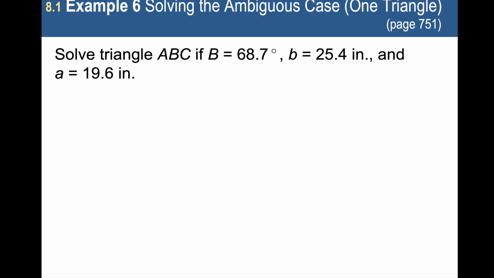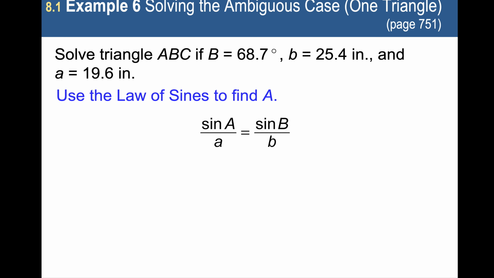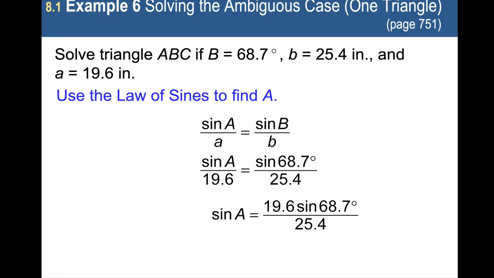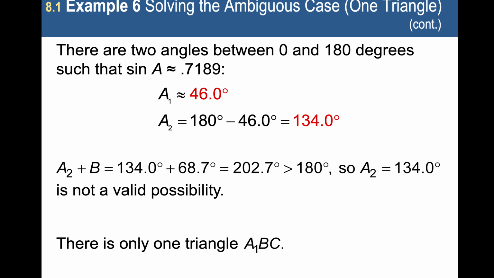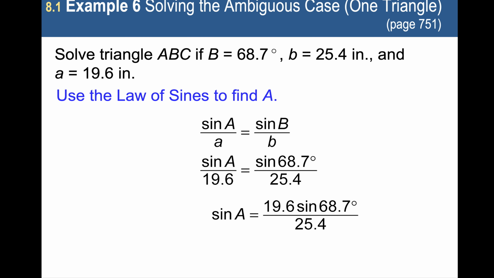Here again, I don't need to solve this by sketching because I know my pair is B and little b. So I'm going to fill in my proportion, cross multiply, and divide both sides by 25.4. I get something between 1 and -1, so that's okay. But I have 2 angles for which the sine is going to be positive, a quadrant 1 angle and a quadrant 2 angle. So I have to, again, split this off into 2 possible triangles. So once I do that, I start looking at, well, with what I'm given, let's go back to the other side,